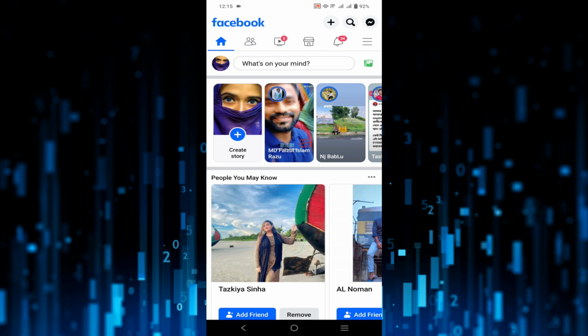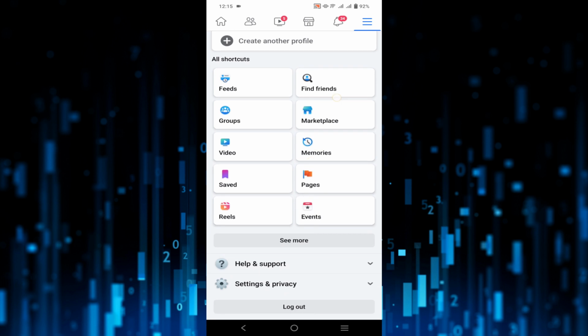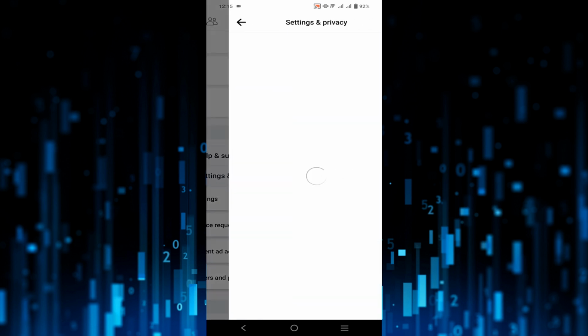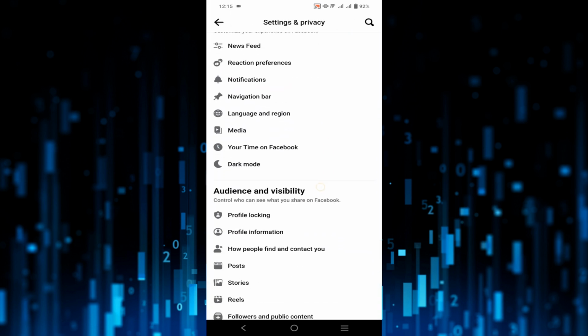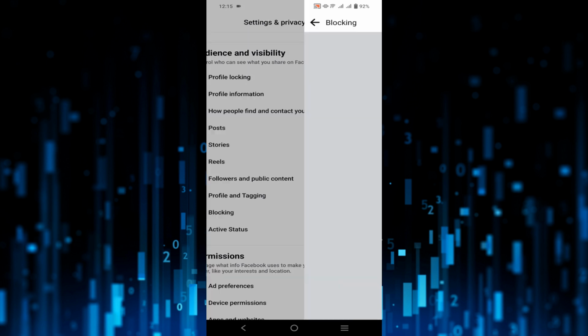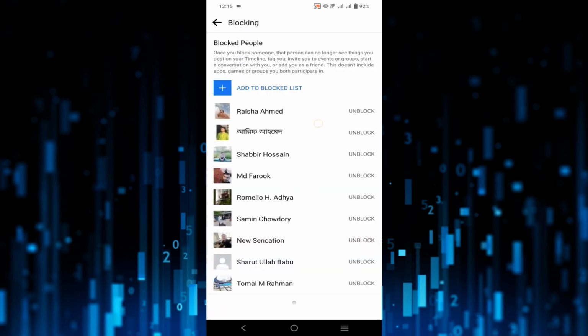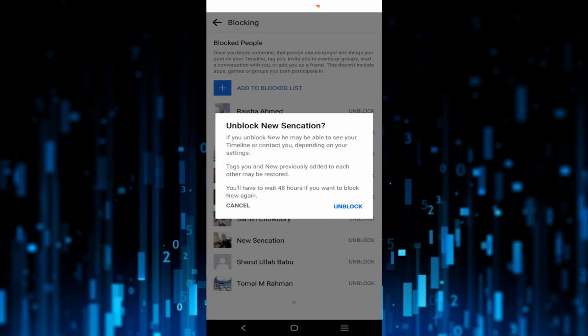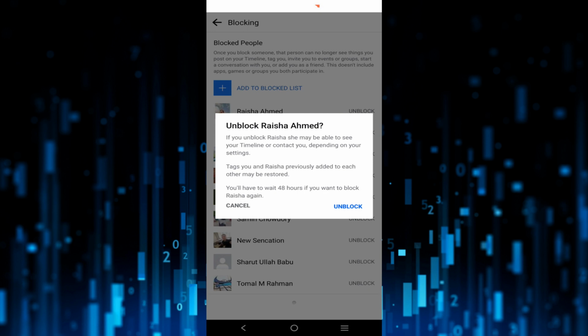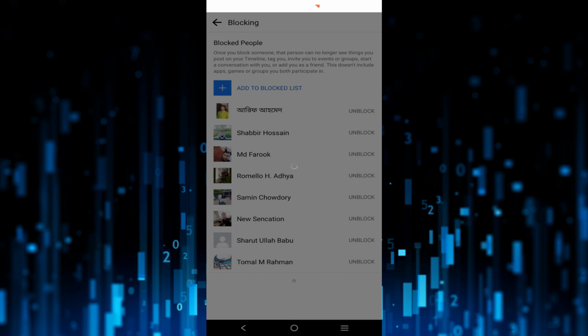Just select those three straight lines on the top right and scroll down and select Settings and privacy. Here, just click that and go to the Settings option and scroll down a little bit, and here you can see the option Blocking. Just click that option, and here are all the people that you blocked, and I blocked this person recently. To unblock, all you have to do is select that person and click Unblock,